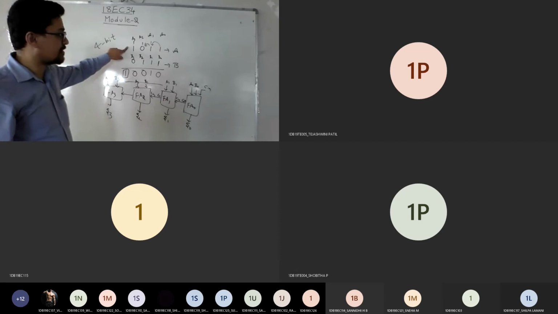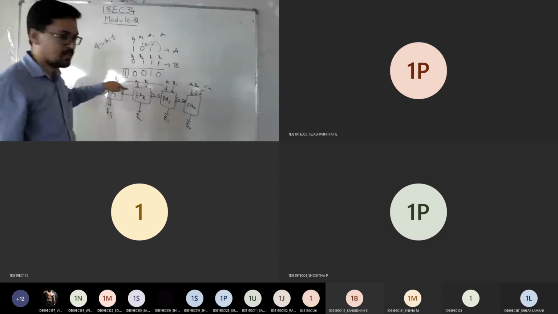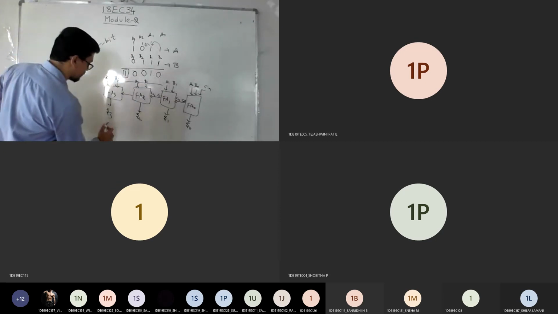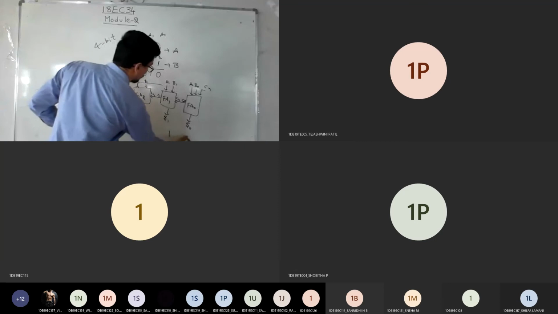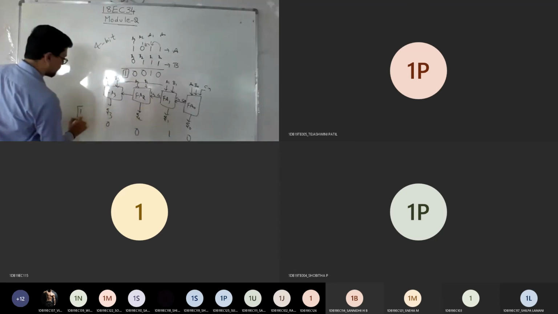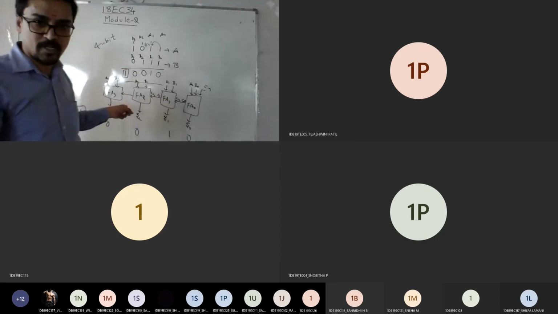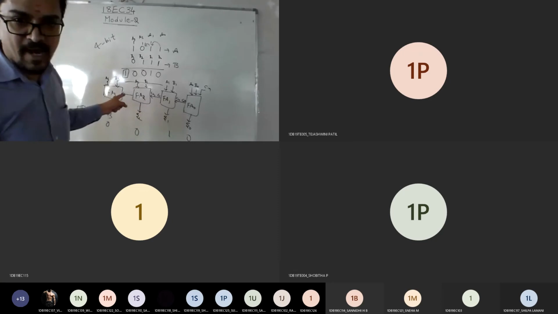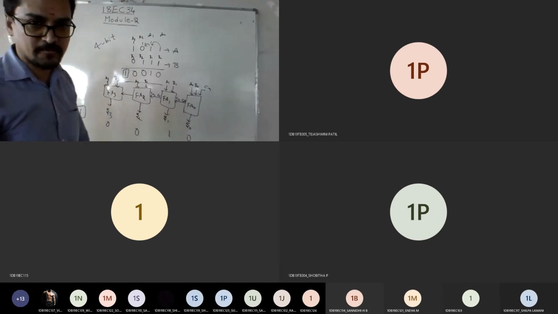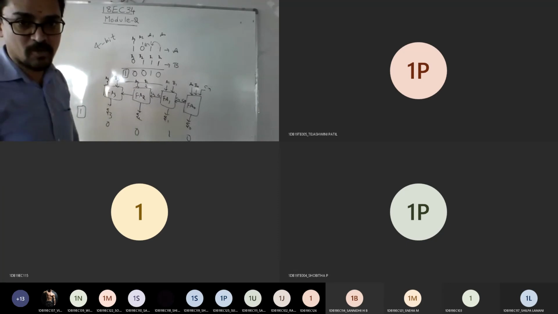Whatever example I've taken, the same thing can be fed here and you're going to get the sum as 0, 0, 1, 0 and at the end you're going to get 1 carry. Is this how it works? That is the 4-bit parallel adder. Is it fine everyone till here? Any doubts anyone?